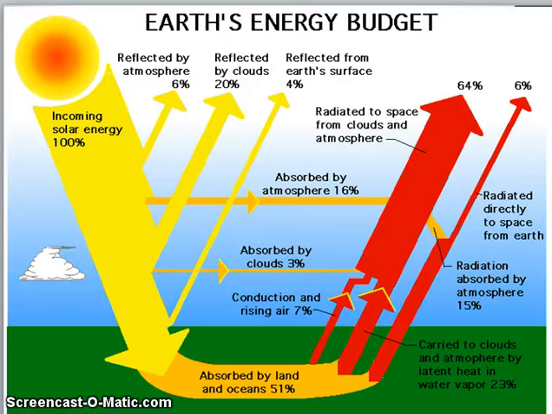About 6% gets reflected by the atmosphere as it goes through those different layers. About 20% gets reflected by clouds. Some places have more clouds than others. The Earth's surface reflects another amount, about 4%. And then there's some sideways transfer. And then when you get to the surface, about 51% of the incoming solar radiation gets to